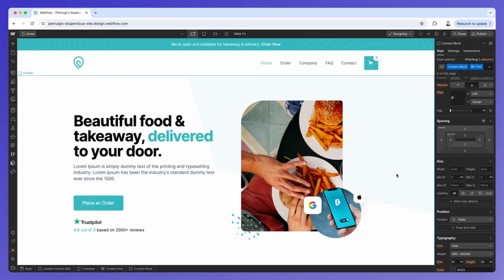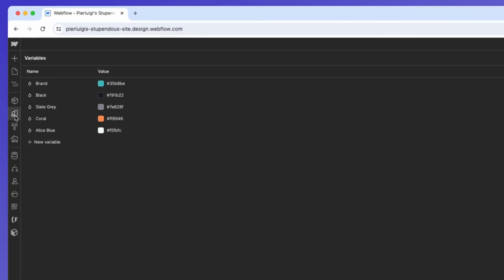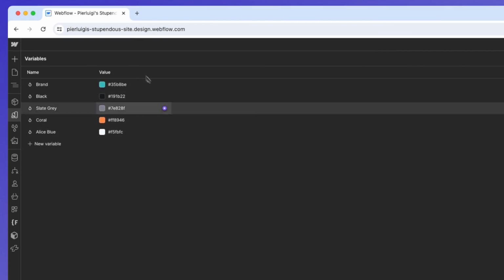Variables in Webflow let you store size, color, and font styles so you can reuse them for a consistent design experience. So when someone updates a variable value, that change will update everywhere it's used on the site. And they're available in a central location for more visibility into your site styles. So for example, if we click over here on the variables, you're going to be able to see that we